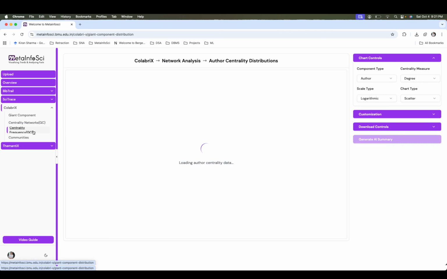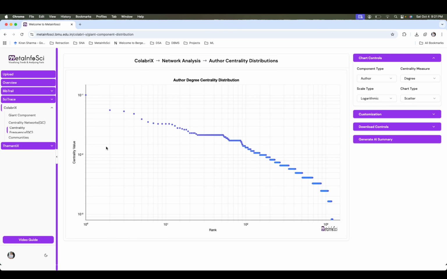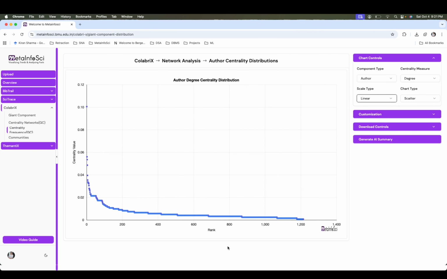Along with this, we have also provided the distribution graph of each type of centrality measure in the network. You can take a logarithmic scale or the linear scale. The x-axis gives, if degree is selected, the degree of the nodes in the network, which means the number of connections a particular node has, and the centrality value, which gives it in terms of probability.